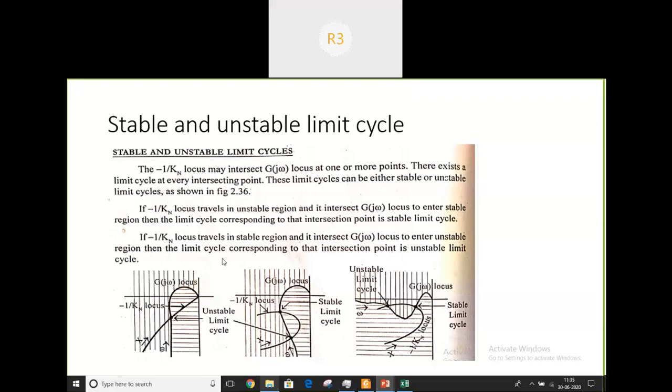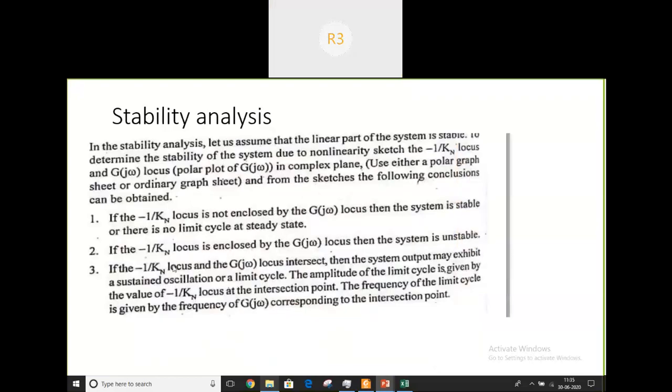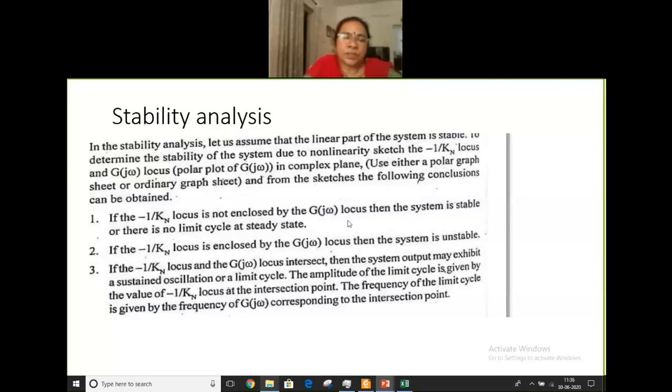Stable, unstable. If the minus 1 by kn is not enclosed by the g omega locus, then the system is stable. Okay. If the minus 1 by kn locus is not enclosed by the g omega locus, always the right side of this path is enclosed. When you take